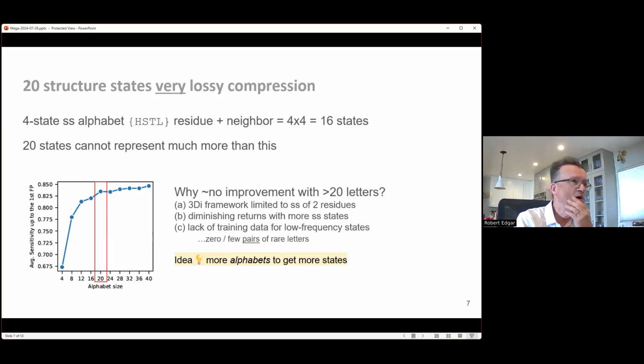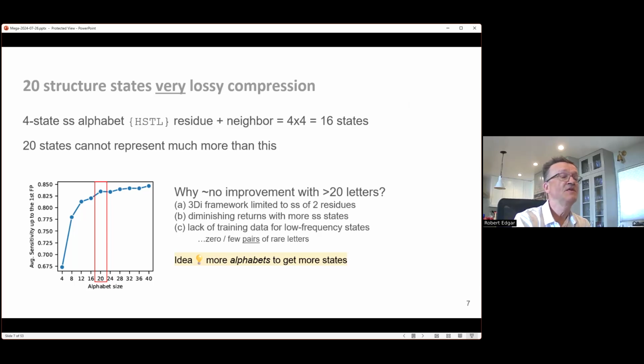So why does it flatten out there? I think there are three reasons. First, the framework itself is limiting. You're only looking at the secondary structure of these two residues. And if you look at secondary structure, there are really two main states: strand and helix. Then, of course, a loop could be almost anything, but you quickly reach a point of diminishing returns because there can be almost any loop, but with a low frequency,